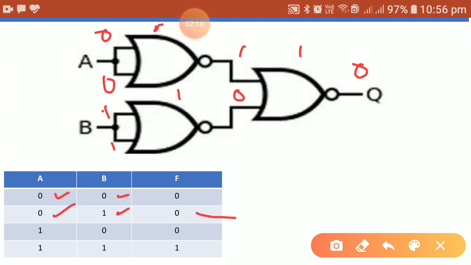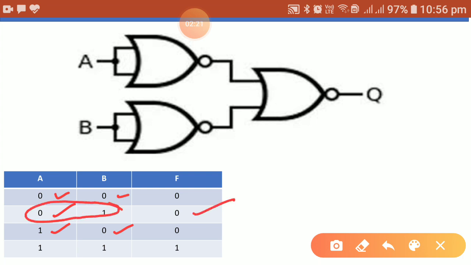For the third row, the values are 1 0. If the 0 1 result is 0, then the 1 0 result would again be 0. The passing is exactly the same. Here the first operand was 0 and the second was 1; here the first is 1, the second is 0. In the second case also we get 1 0 and 1 1. So the result would be the same, 0.